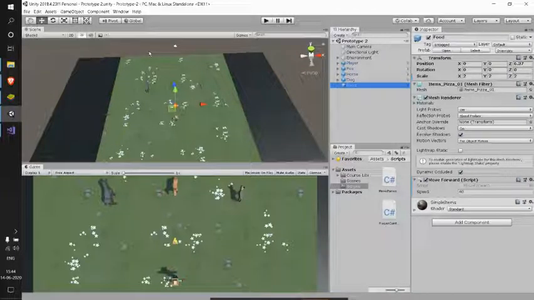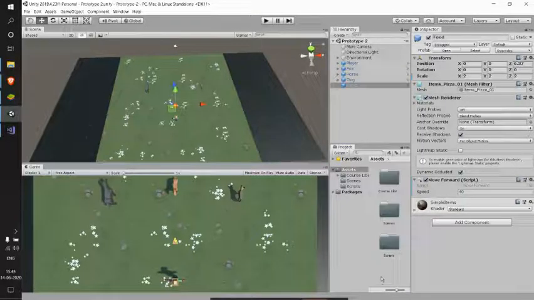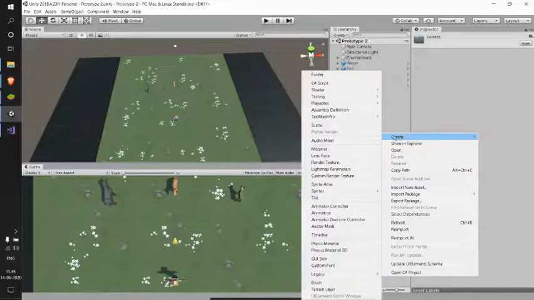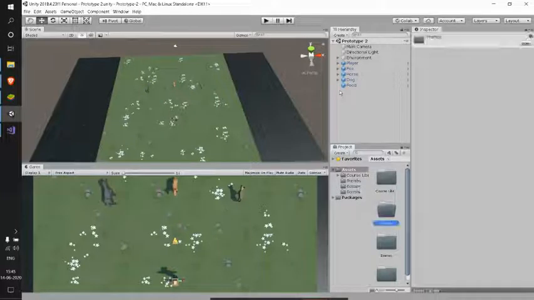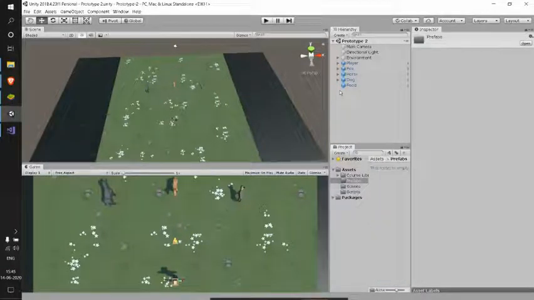If we create this food object again, it will have the same behavior whenever we press some key like space. So to reuse a game object, we'll create something called a prefab. For that, let me first create a new folder called prefabs, where I'll be storing all my prefabs in this game. So let me just drag and drop this food game object.